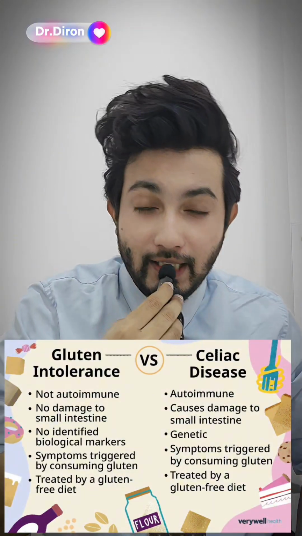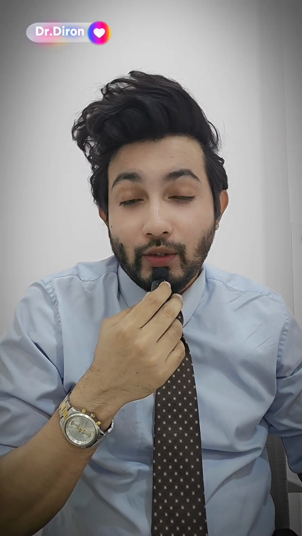Celiac disease is an autoimmune disease. But gluten intolerance is not related to autoimmunity, just purely related to gluten. In both celiac disease and gluten intolerance, the commonest presentation that we see is diarrhea, loose motion, weight loss and so on. But there are some extra manifestations that we can see in celiac disease: arthritis problems, heart-related and brain-related problems.